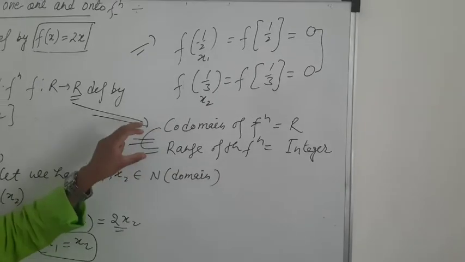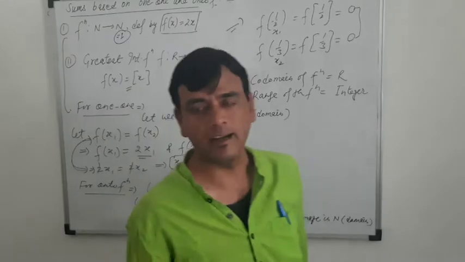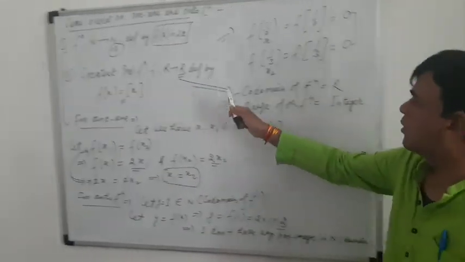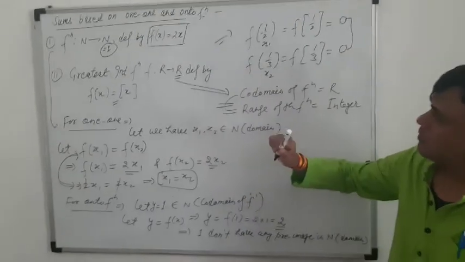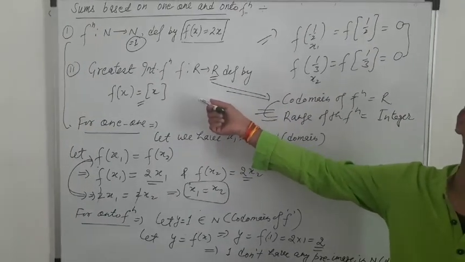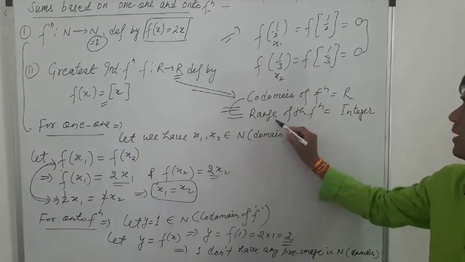So you can easily say that this function is not onto, and combinedly you can say that the second function is not one-one and not onto. Thereafter you can easily say that this is not a bijective function, or not one-one and onto, since the codomain is not equal to the range of the function.